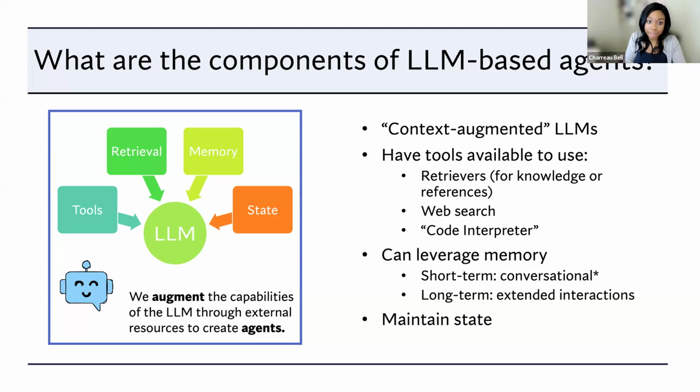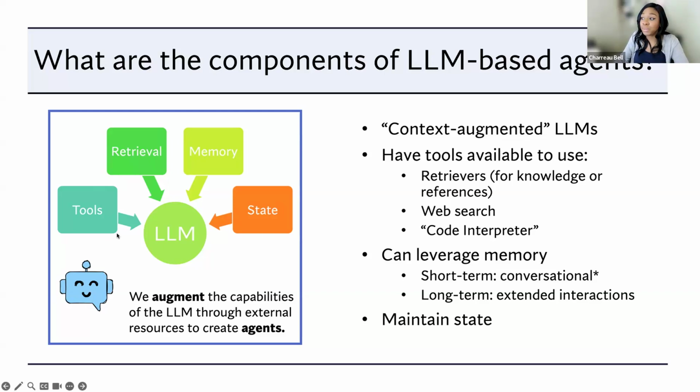But even beyond that, it needs more things to act in an agentic way for some tasks. And so to do that, we augment it with some specific capabilities. We might give it access to some different tools that it needs to use. Maybe we have a special thing that we need this agent to do, like we need it to use our very special enterprise version of some system, and so we need to write a function that does that. Maybe those are the tools that we give it.